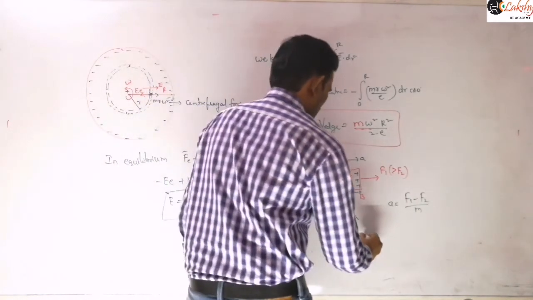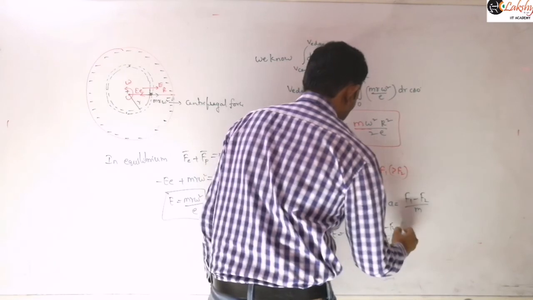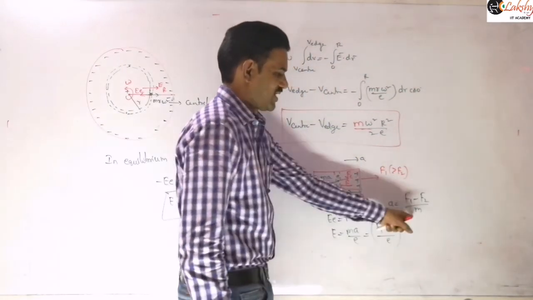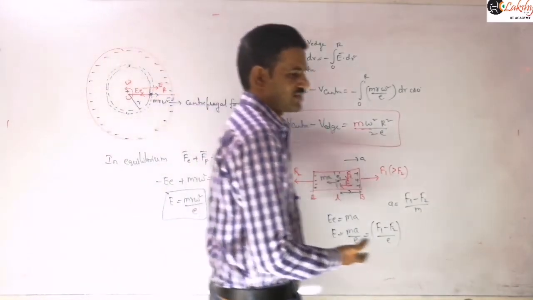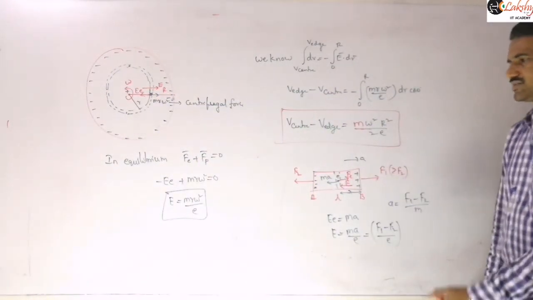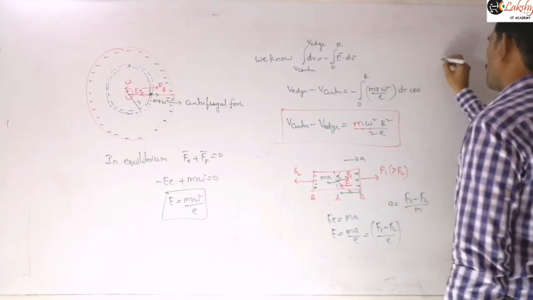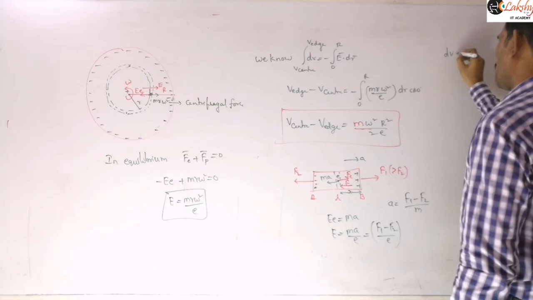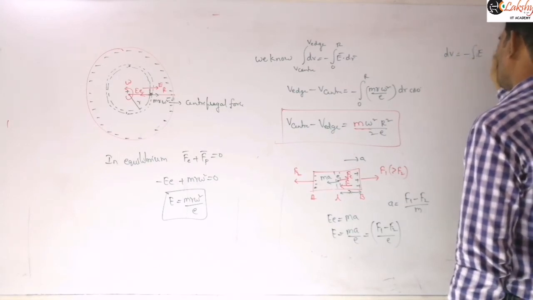So I can write this expression as E = m(F1 - F2)/(M e), because ma is nothing but this expression. Just integrate this value, or since the field is a uniform field, you can just multiply this value with the length L, or you can follow our integration method. So the integral of dV is equal to minus the integral of E dot dl.